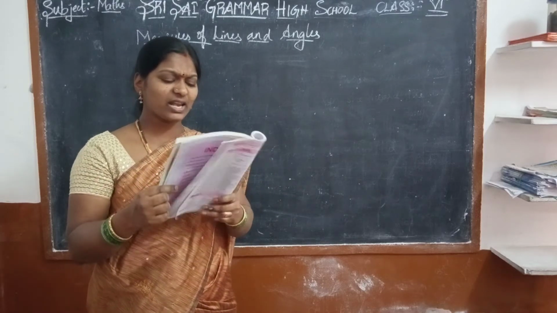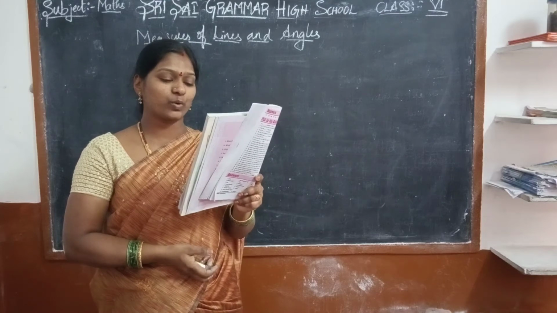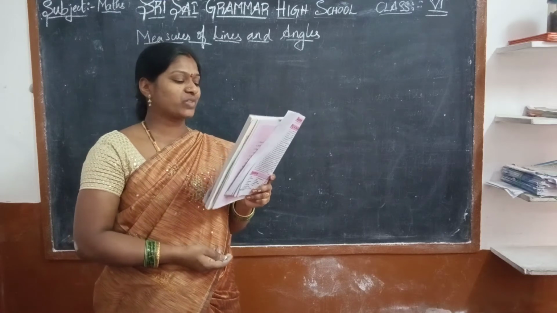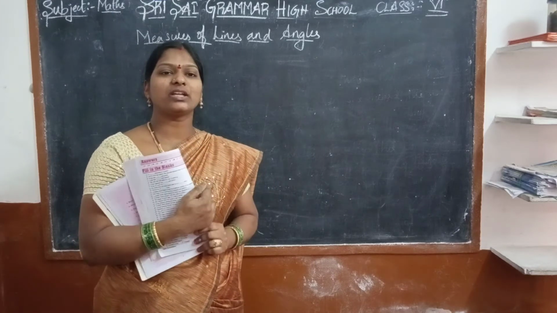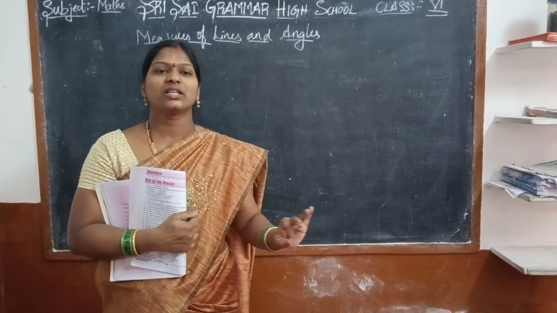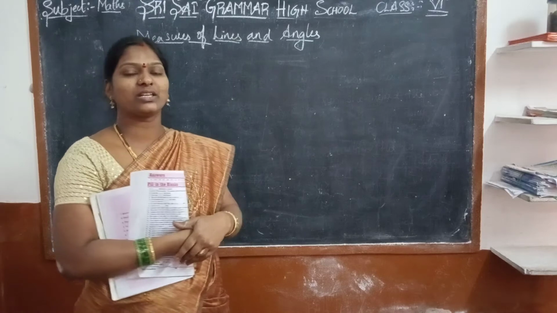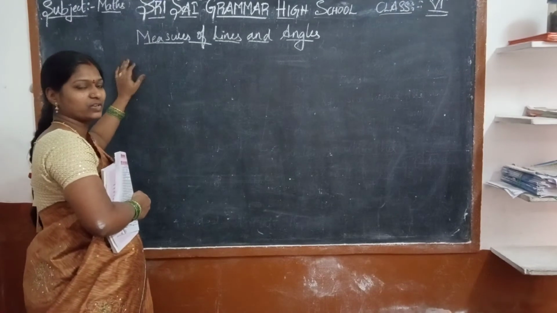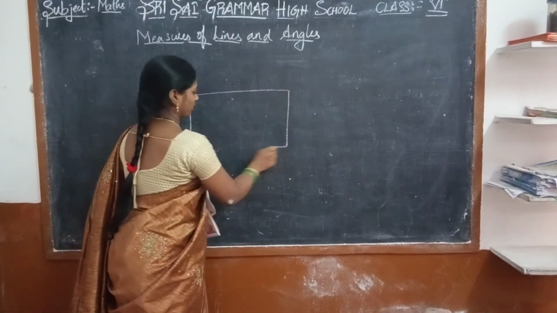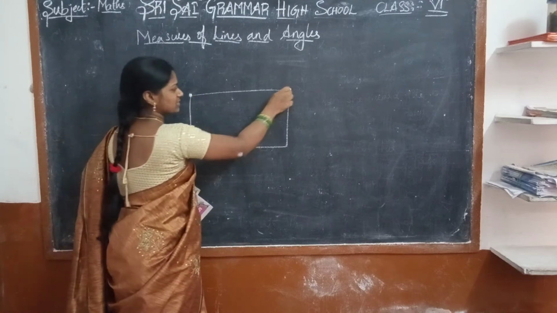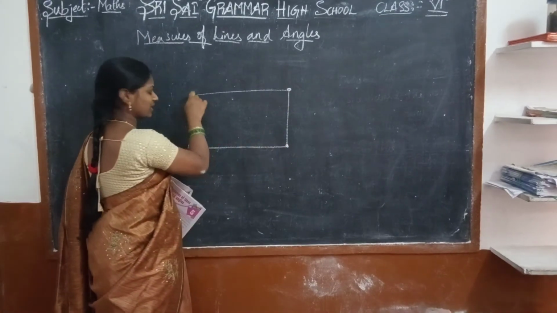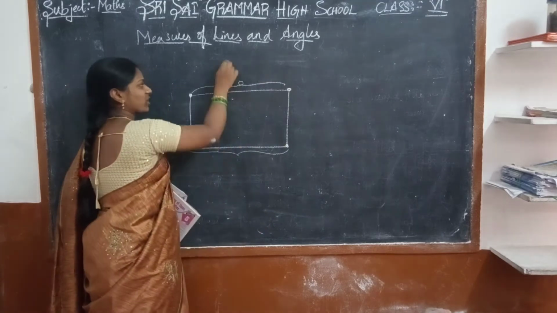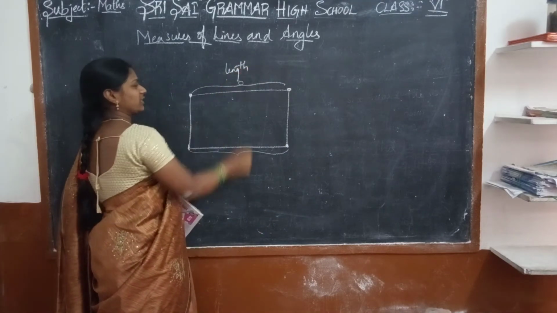Yes. A line segment is a part of a line with two endpoints. The measure of each line segment is its length, and its length is used to compare line segments. You are going to see a line segment in each of the following. See, for example, I am taking the board only. Here to here, this is the line segment which is ending with 2 points. To know this measurement, the length, we need a length measurement.